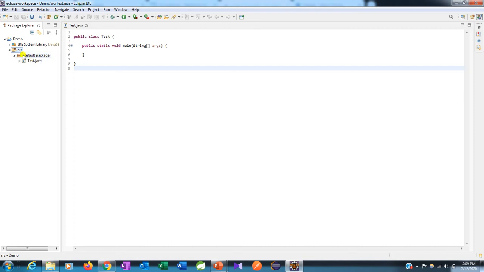Every time, this package will help us understand our project structure in a better way. So we are good with our setup of Selenium, the jar, and Eclipse. Now in the next video we'll see how to write code to execute Selenium in a browser and how to automate these sites.